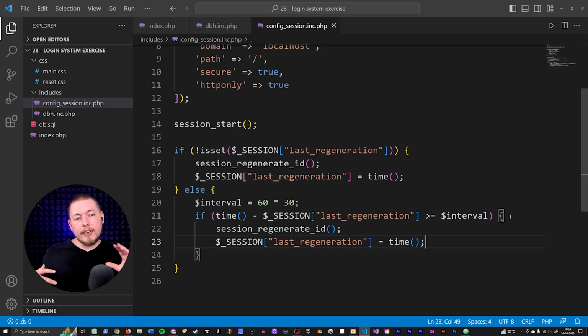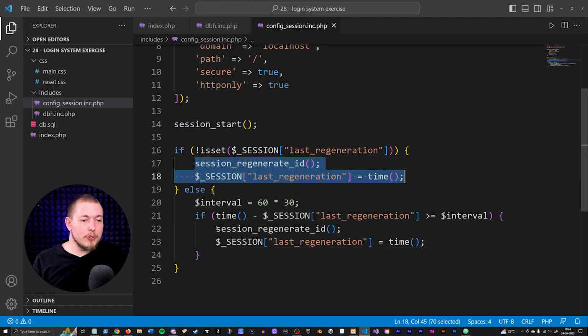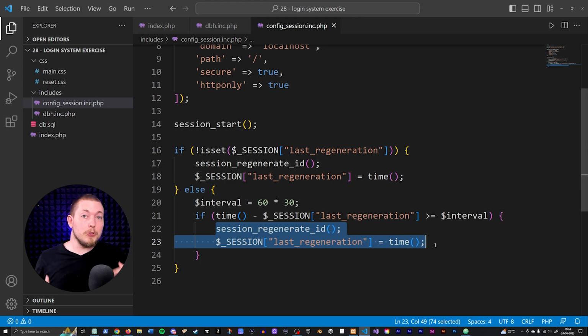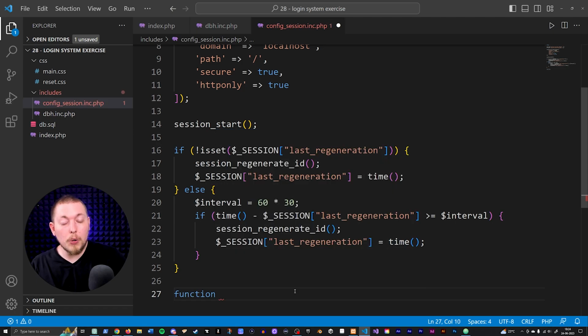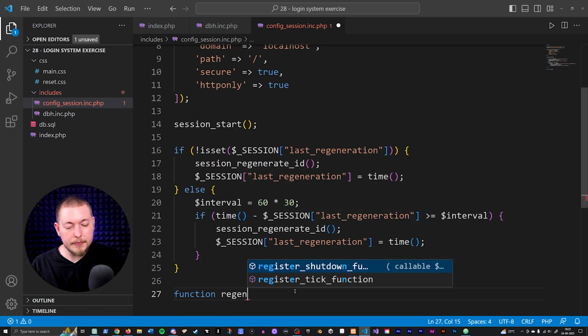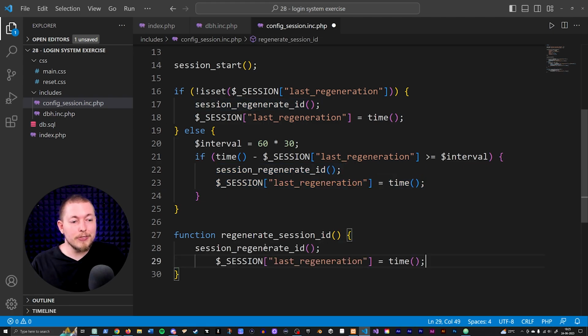But now there's an easier way to do things, because now we start getting into functions, because we are duplicating code. These 2 lines of code here are also down here. So instead of having to duplicate the code every single time, we could go below here and create a function. I'm going to call this function something like regenerate session ID. So now we have a regenerate session ID function, and I can take these 2 lines of code, paste them inside the function, and simply run the function